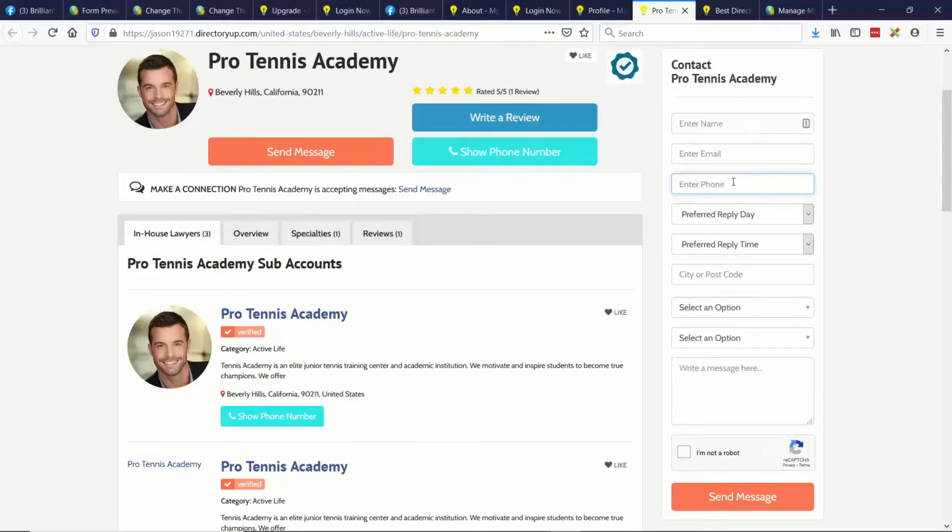Another thing this system can do, if you have the auto lead matching add-on, is if the person is choosing categories, for example, active life, tennis, this lead will get matched with members that are within the location radius and match the categories. So a single lead could be sent to multiple members that match the location and categories requested, and then those members can, depending on your settings, purchase the leads if you create a paywall or price for the leads to get the full information, or accept them for free, again depending on the settings you have for the membership plans. That's basically, in a nutshell, how it works.